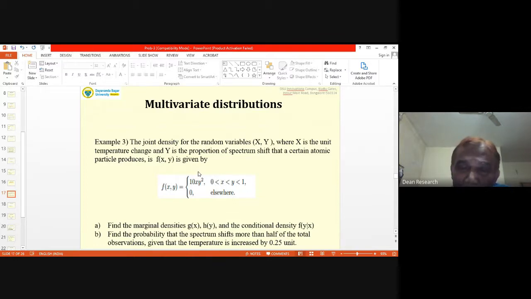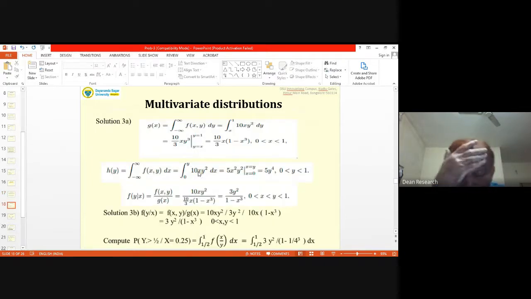Now, when you have integration with respect to y, you should remember y is between x and 1. Good. I would have missed this point. I was remembering it when I was working it out, but I forgot now, and Amit has brought it out very nicely. So y is between x and 1, so the lower limit for y is x, which is more than 0. It is right, actually.